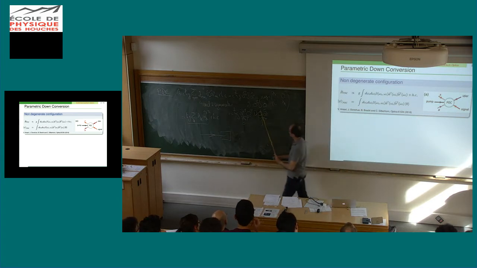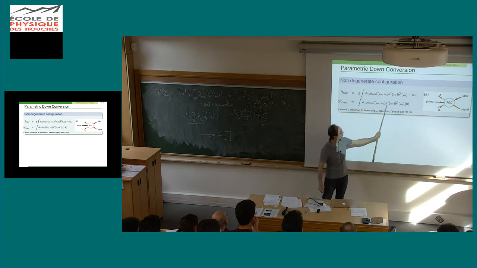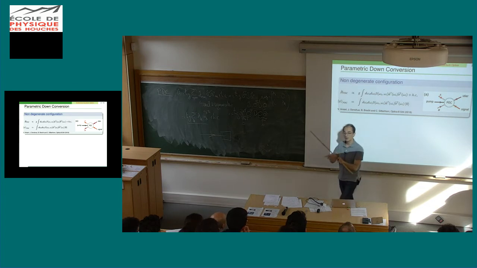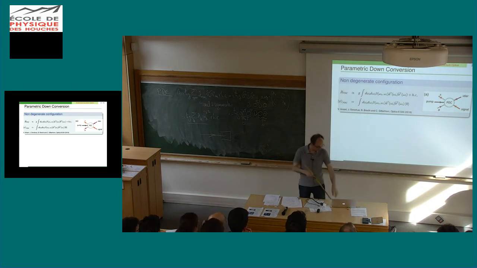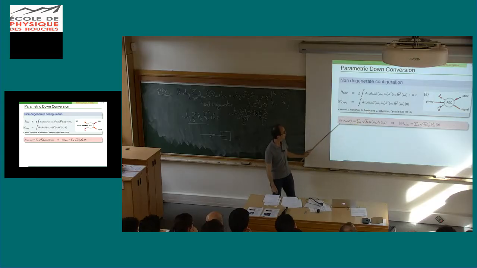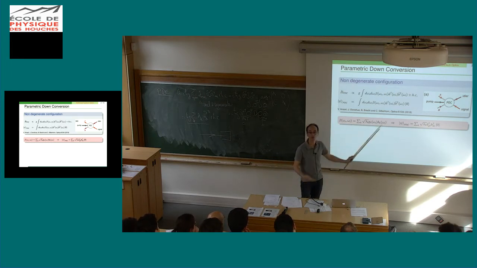Then you can apply the same technique as here, but now you don't have a J matrix, you have this kind of function which is here, but this is equivalent. One more difference is that here my two photons are created not in the same mode, but in two modes which don't propagate in the same direction. But at the end of the day, it's the same physics behind. So this function, you can write like this. This is a property I will come back to a bit later, but for any function, I don't have to make any assumption about these functions, you can always factorize it like this. It's like a Schmidt decomposition.